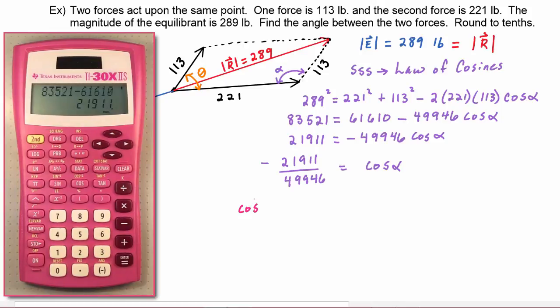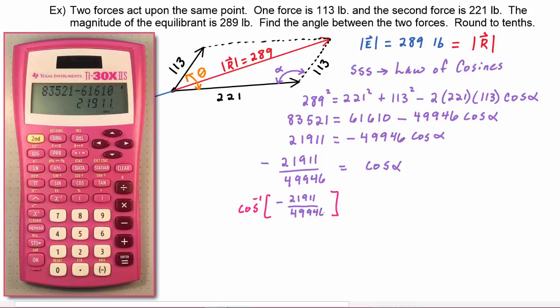So the left-hand side becomes cosine inverse of negative 21,911 divided by 49,946, and that has to equal the cosine inverse of the cosine of alpha. The right-hand side will simplify to alpha,